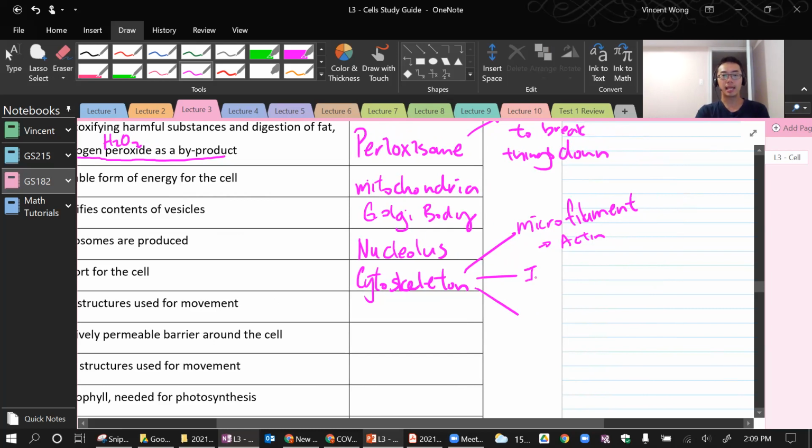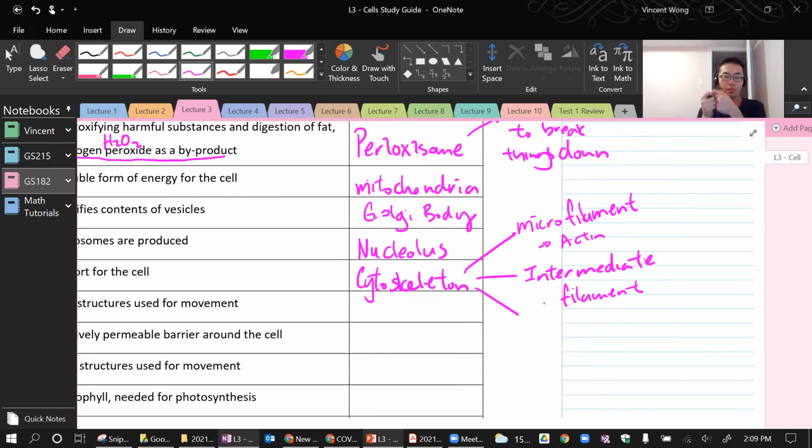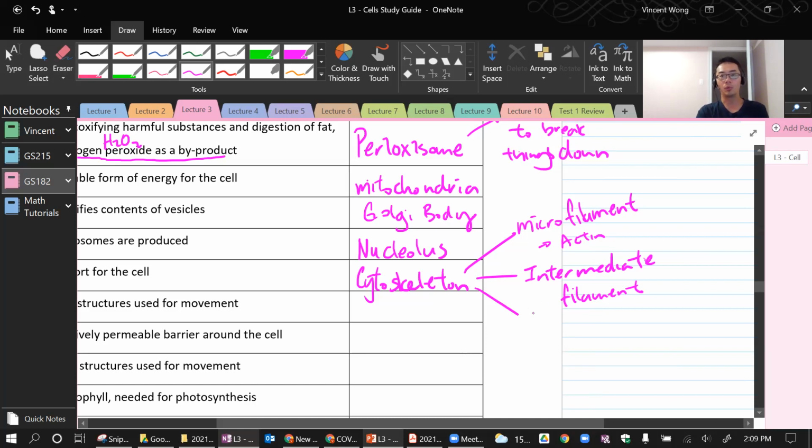The second one is the intermediate filament. These are not for cell movement, but rather they provide structural support, structural stability. They help 2 cells to join together, for example, forming these so-called tight junctions. So for more information, read the PowerPoint slides, watch the recording. And the last one is the